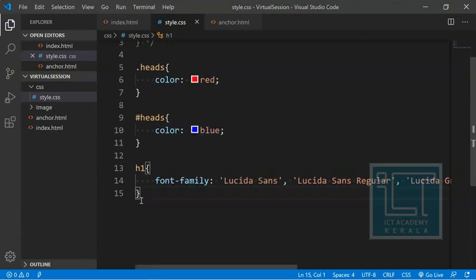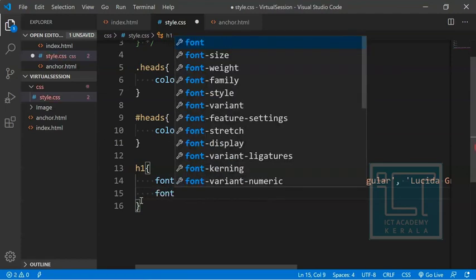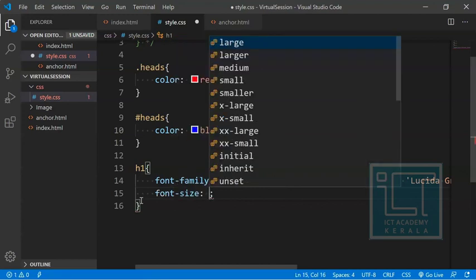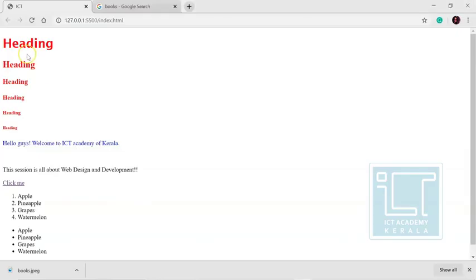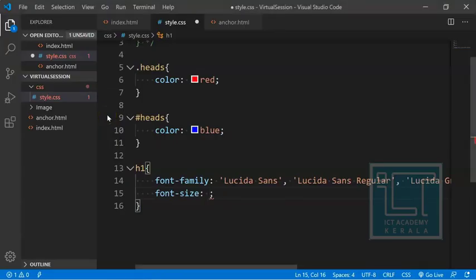Since I'm talking about the font, I'm not only talking about the font type, but I'm also going to discuss the font size. We can provide the size of the font. H1 has a standard font size. If I want to change it to 50 pixels, let me check.